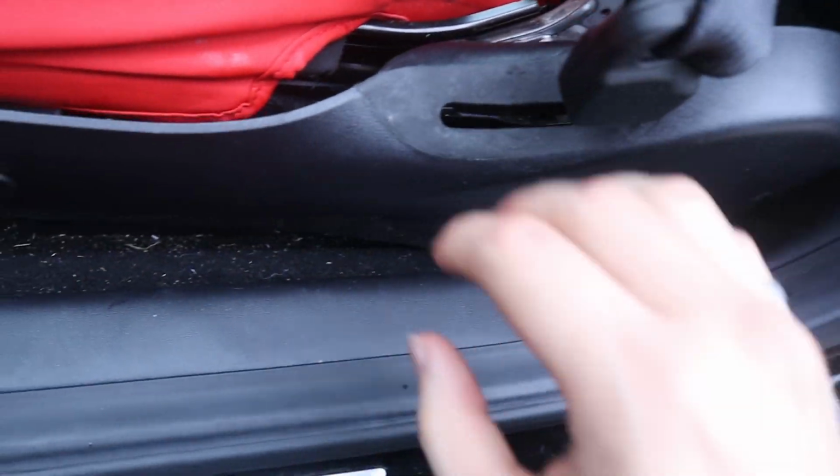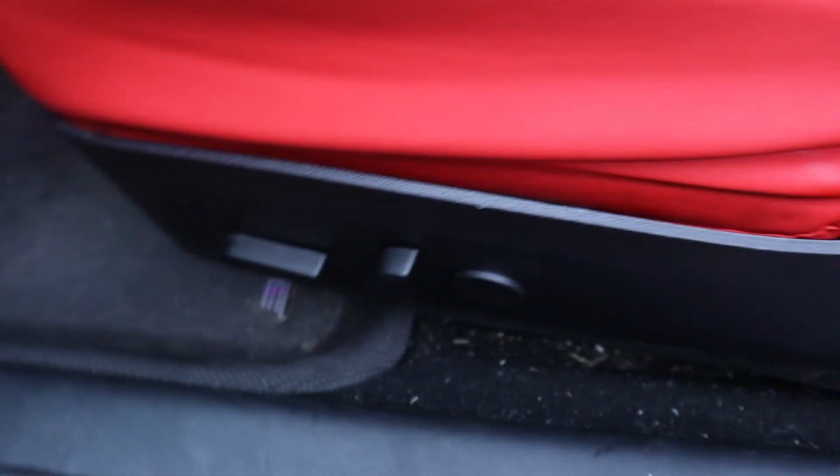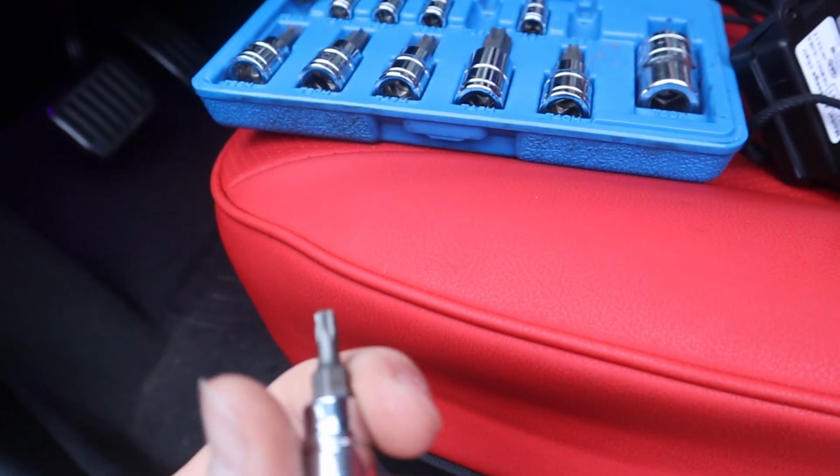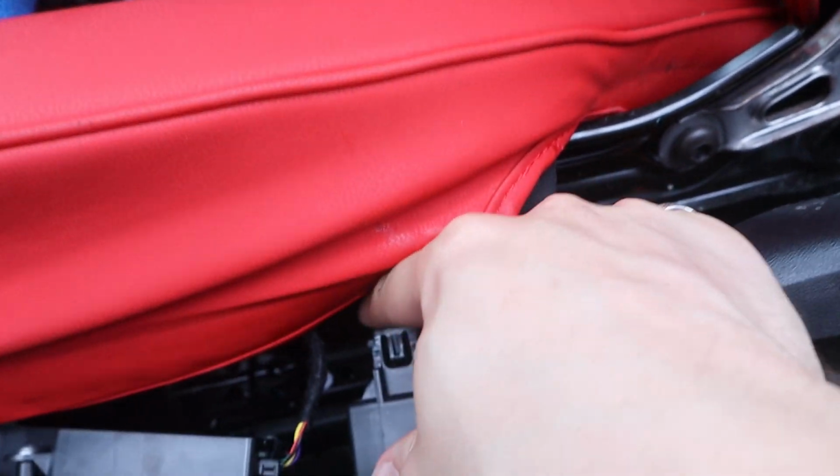So I took this panel off. It just pops off everywhere except for the front. There's a screw under here. They say it's T20, but it's actually T15, I found out. T20 doesn't really fit, but I can't get it out. Looks like it's stuck or something, so I just pulled this clip out over here, this big one, and I'm